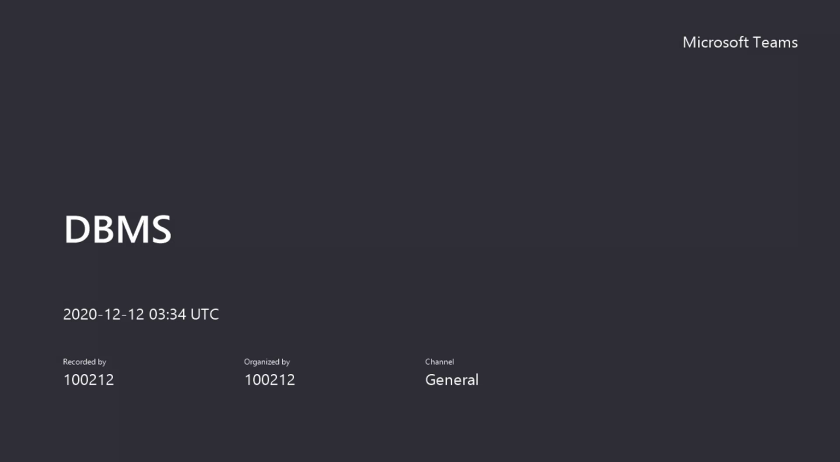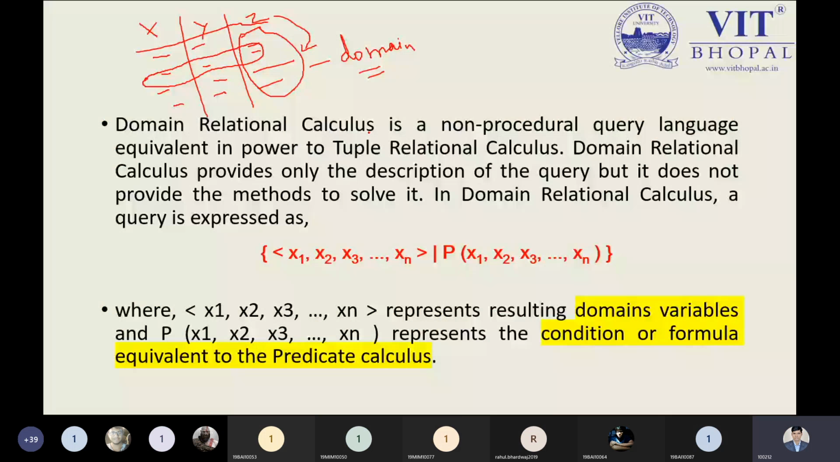Domain relational calculus is basically again a non-procedural query language. Why am I saying this? Because relational calculus has another form, that is domain relational calculus. So here we can say this is again a non-procedural query language, and it's equivalent in power to tuple relational calculus. Domain relational calculus provides only the description of the query, but it does not provide the